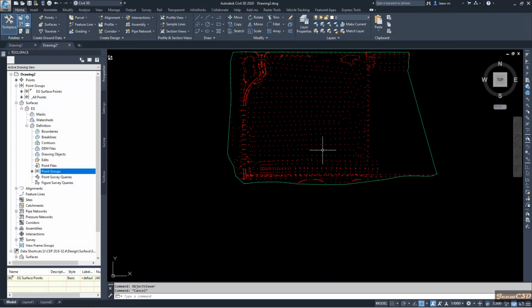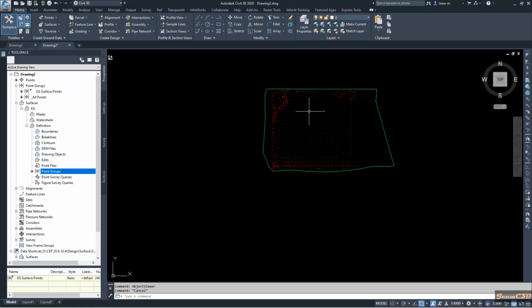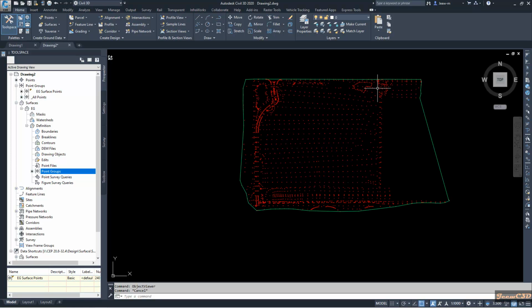Then what I am doing is I will create a small road from here to here, because in this area we don't have points. Even though we have the surface here, we don't have any points here. So the surface in this area is not that accurate. So what I do is now I will create a manual boundary around this surface and add that boundary to